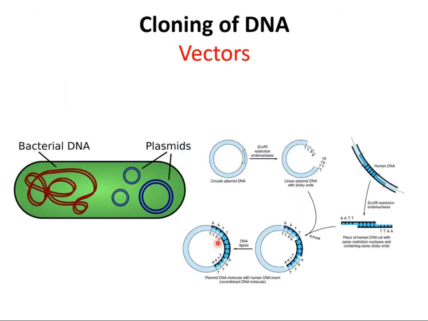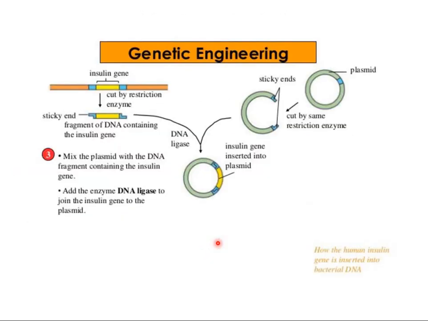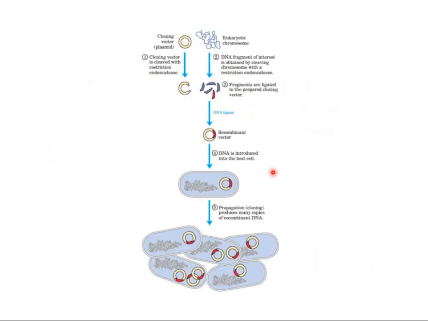Then I told you about how we go about genetic engineering, where you take the gene of your interest, and either cut it using a restriction endonuclease, or the better approach is to extract the mRNA and then make the cDNA out of it, and then clone it into a vector and ligate it. Then transform it into a bacteria and propagate this bacteria. So multiple copies of this particular gene will be produced.